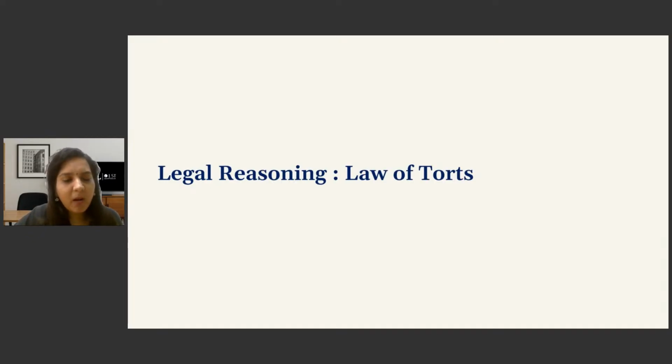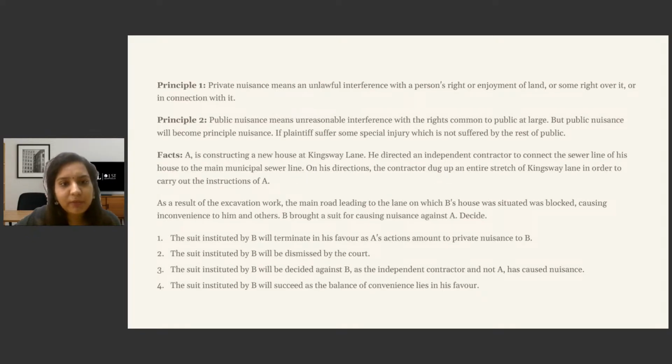Okay, no worries. Let us go ahead with the first question. We'll see a few principle and fact-based questions as well, because of course we need them for other exams too. Plus, in principle or fact-based questions, we learn a bit of the concepts as well. We'll go for the passage-based questions also, but let's see a few principle-fact questions with respect to torts, right? So they are talking about private nuisance and public nuisance here.